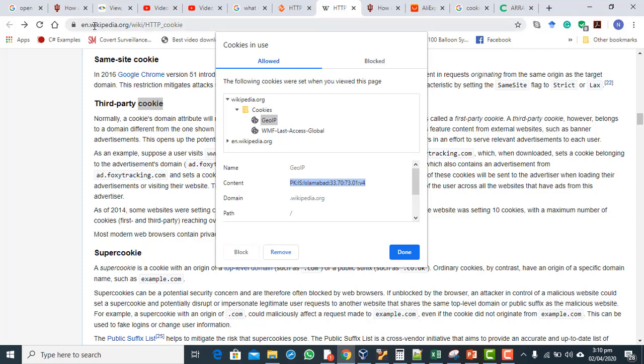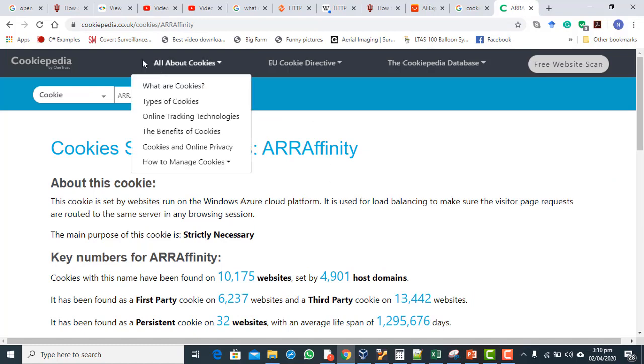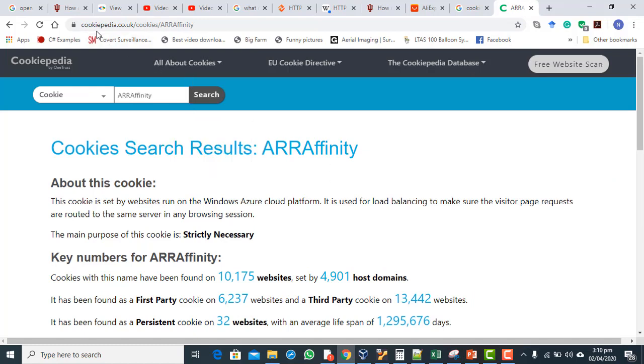And the encyclopedia is setting that cookie on my system so that it can show me certain content which is allowed and hide certain other content which is not allowed in my area. So let's say I just copy that and then I go and open this website which is